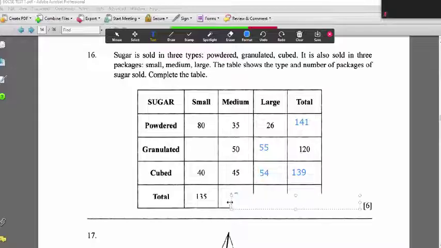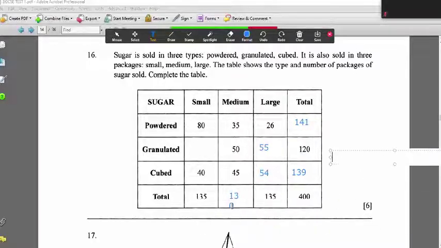Hold on. I'm trying to get to the 130. It wouldn't let me get in there. But anyway, you know that it's 130. And therefore, we have here this last one. 135 minus 40 minus 80 will give us the internal one, because these three added together give you 135. So therefore I'm missing 1. You just subtract 135 minus 40 minus 80, and this should give you 15 for this last one here.